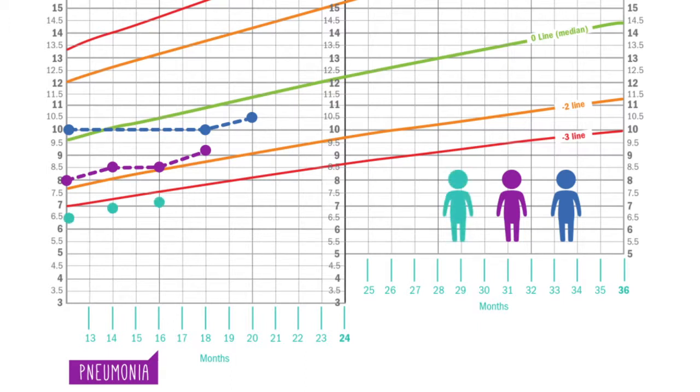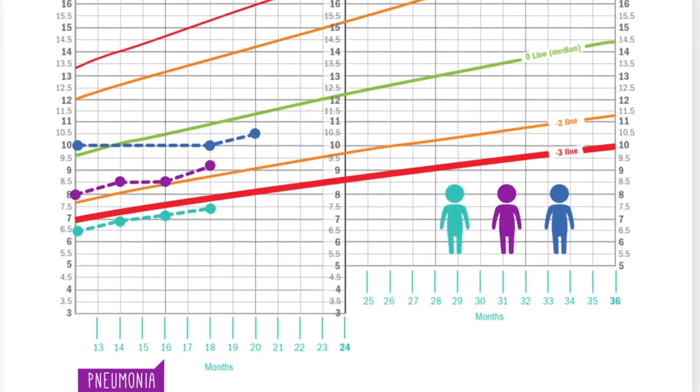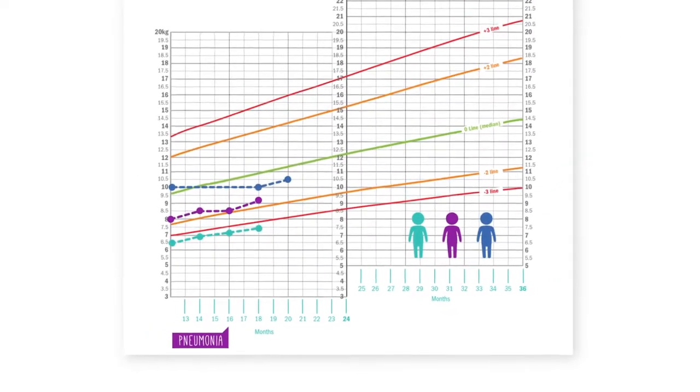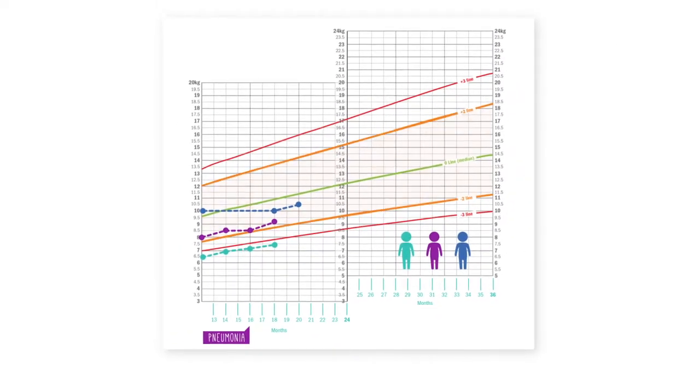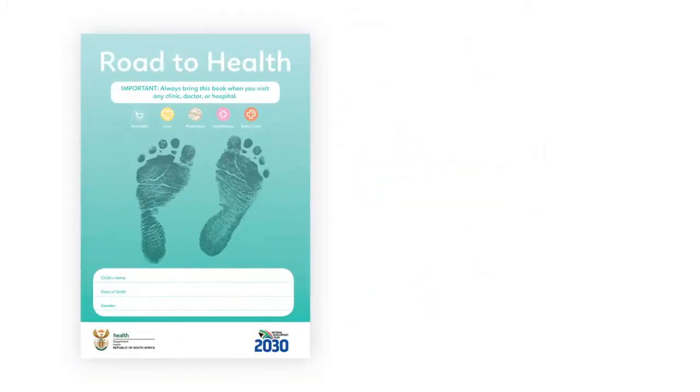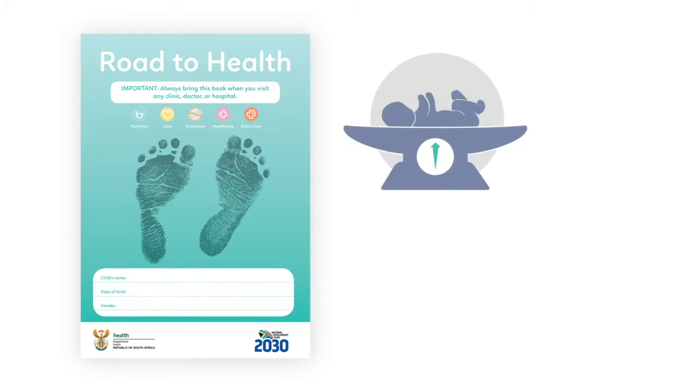So a child who is tracking steadily but is on or below the red line is very likely to be in trouble. Remember that we like to see children fall somewhere between these 2 orange lines. In the new South African Road to Health book, the focus isn't just on weight for age, but also on